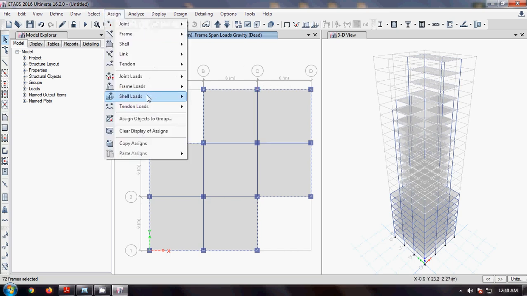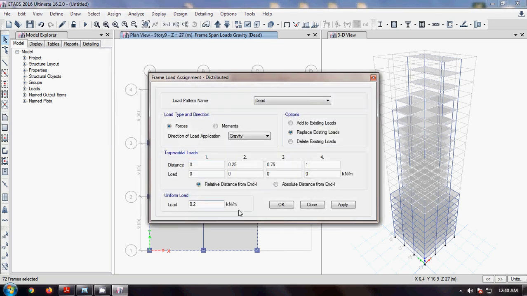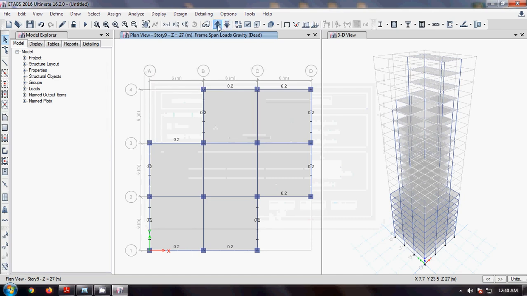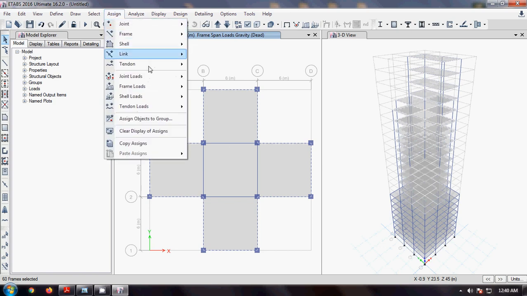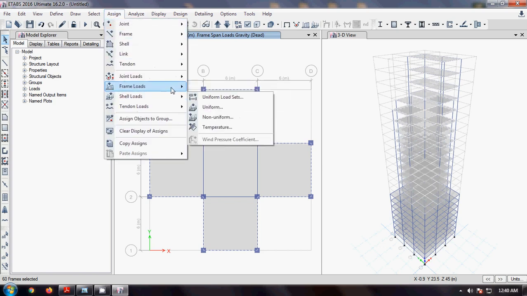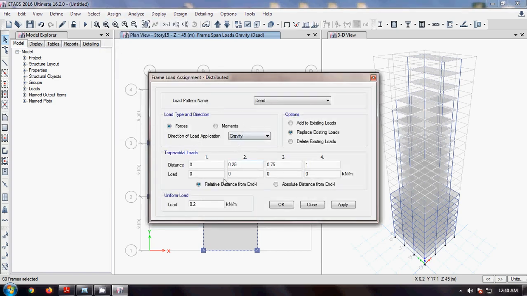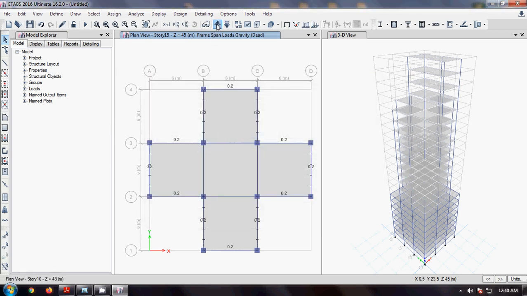Again click on assign, frame loads, distributed, 0.2 dead, apply, okay. Next set of similar stories, we have to select external beams for wall loads, then assign, frame loads, distributed load 0.2, apply, okay. So last set of similar stories,